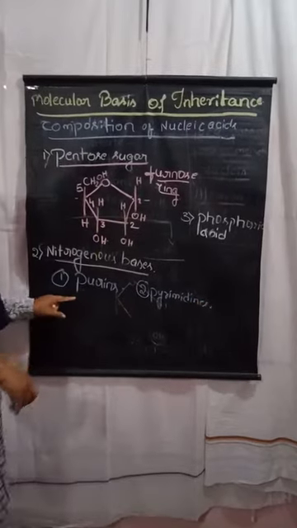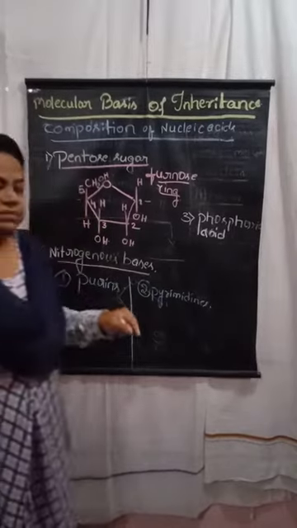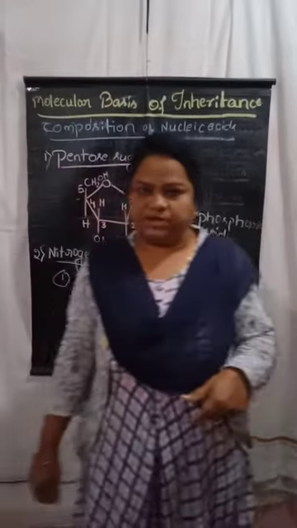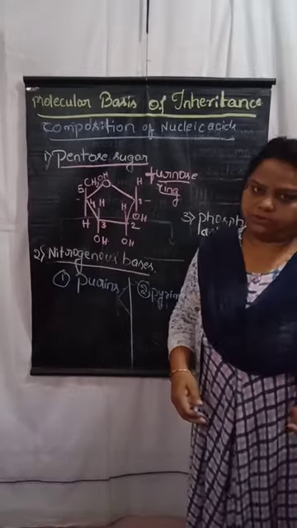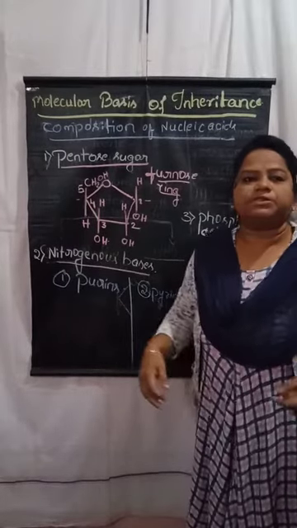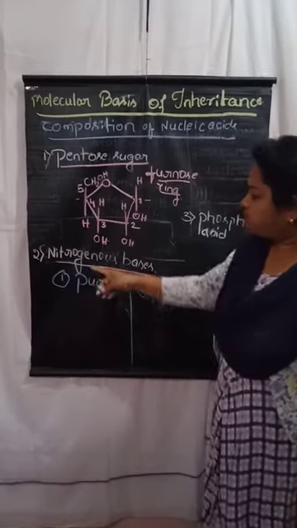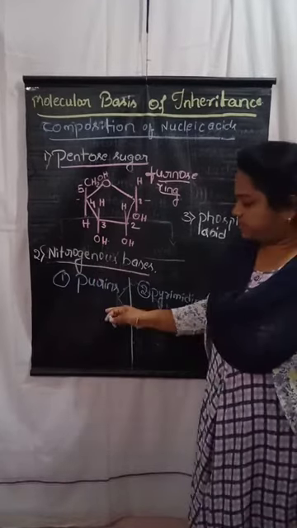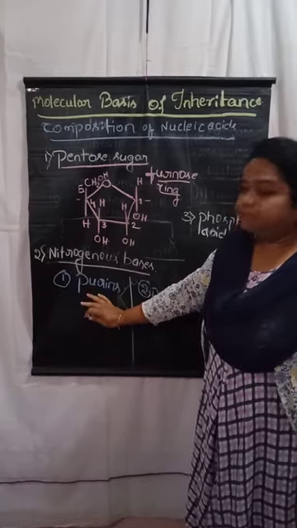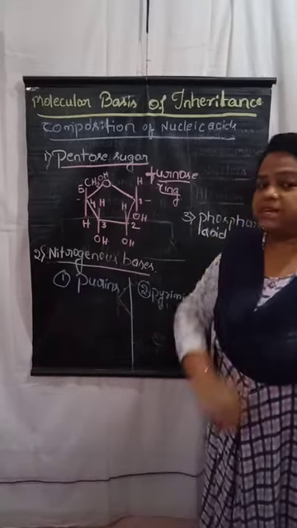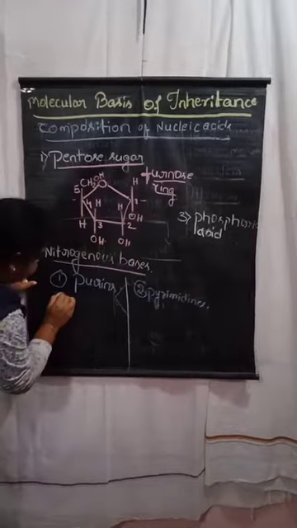Okay, so the purines and the pyrimidines. These are the nitrogenous bases, which are made up of nitrogen compounds. Two purines are present. Which are those? That is adenine